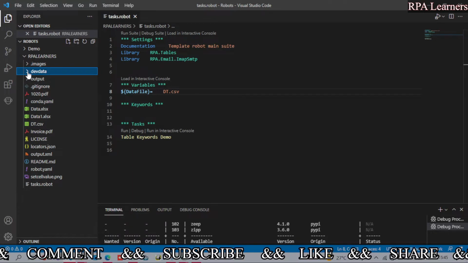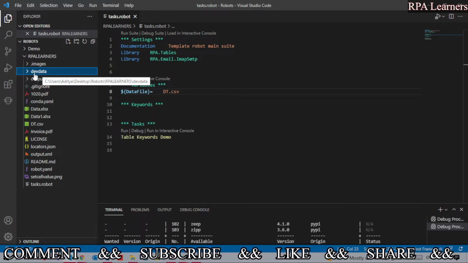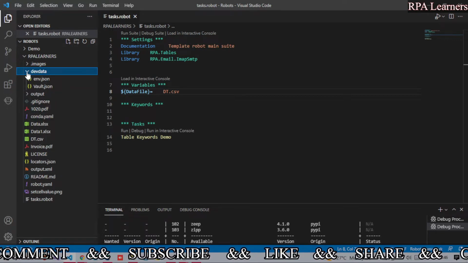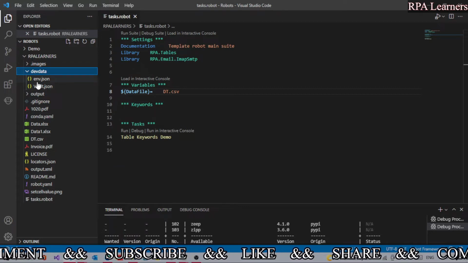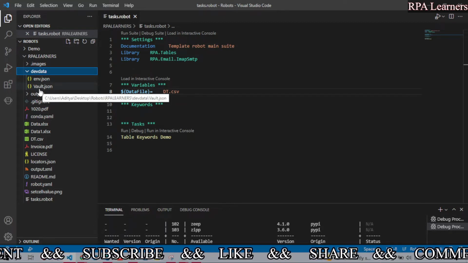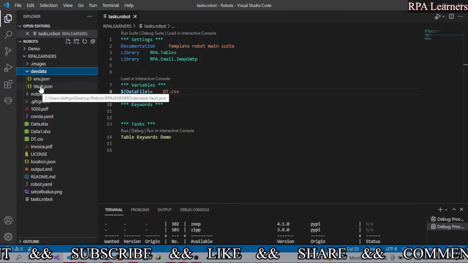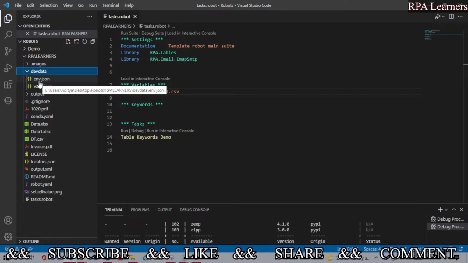There you need to create another folder called dev data, or any name of your choice, and create two JSON files. One is environment.json and the other one is vault.json. This is our secured vault, and the other one is the environment.json.